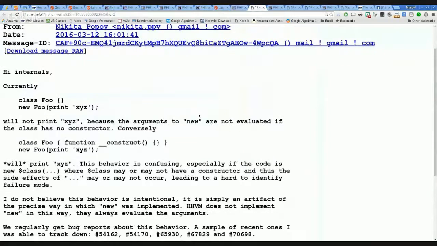So that can be kind of confusing, especially if you expect this function to be executed. But for some reason, I never did anything like that in PHP. I usually do such things in JavaScript, but not in PHP.